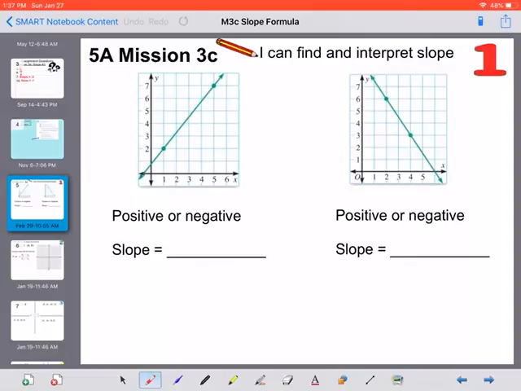Good morning. Today we are doing our last lesson on slope, mission 3C. It says I can find and interpret slope. So first we're going to start out with a quick review. Remember, slope is the angle of our line, either going up from left to right or down from left to right. If we're going to walk up this line, we are doing just that, walking up, which would be a positive slope. And we can also count that slope, counting, remember, rise over run,